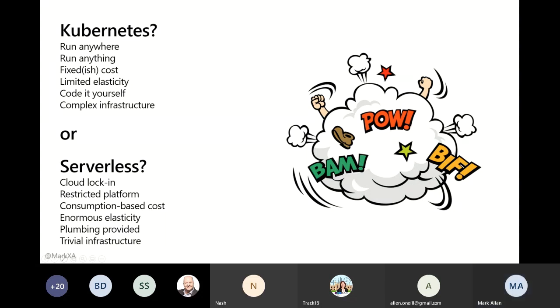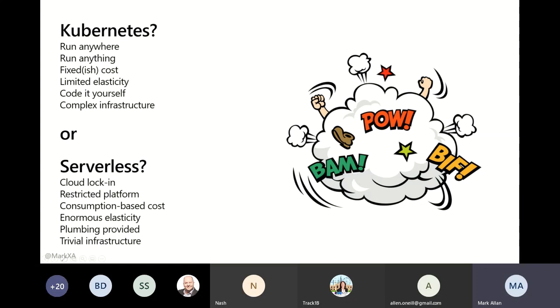On the other hand, it's not terribly elastic. So you end up with a kind of fixed cost, usually of the number of VMs and nodes that are behind it. Your elasticity was limited to scaling up extra VMs and scaling them back down. So, if you've used the traditional App Service type thing in Azure, it's very much like that, and you don't get any help.